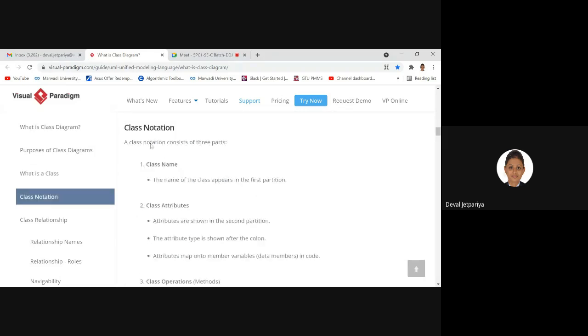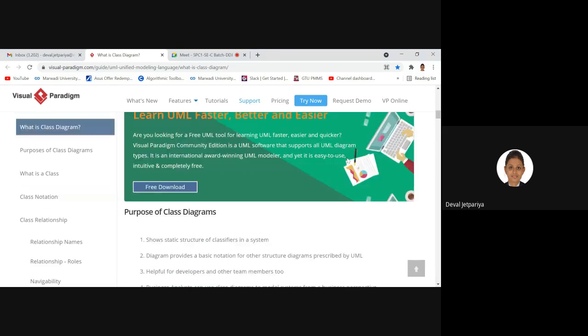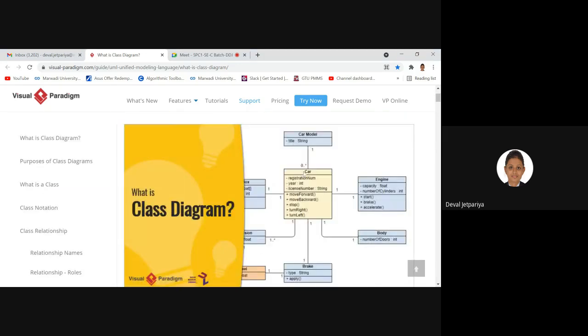Now, how will we use the various notations? Class notation consists of three parts: class name, attributes, and operations. Likewise, class name, various attributes, and operations. You can distinguish them with this line.